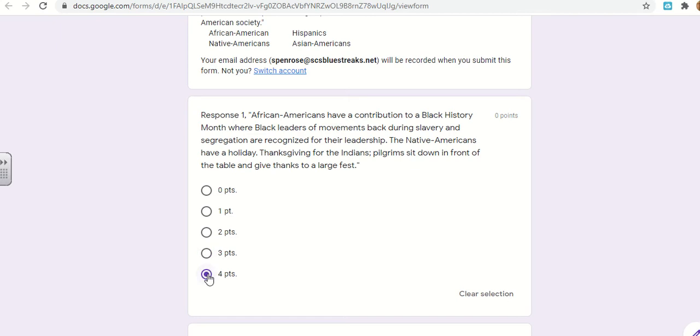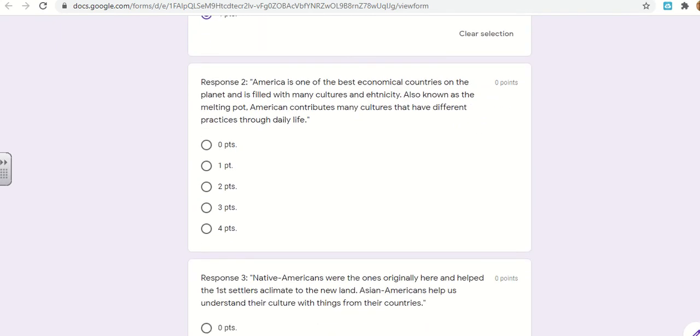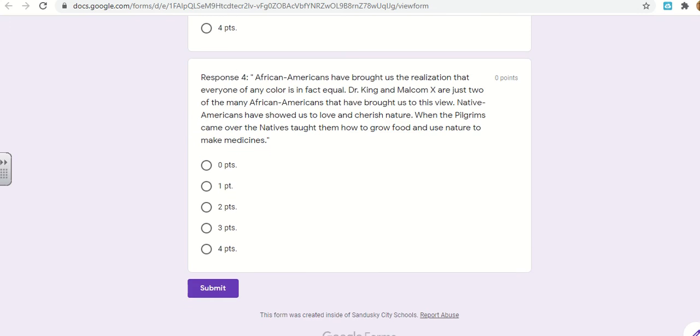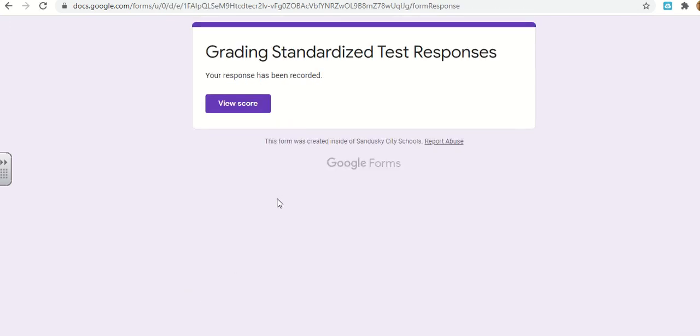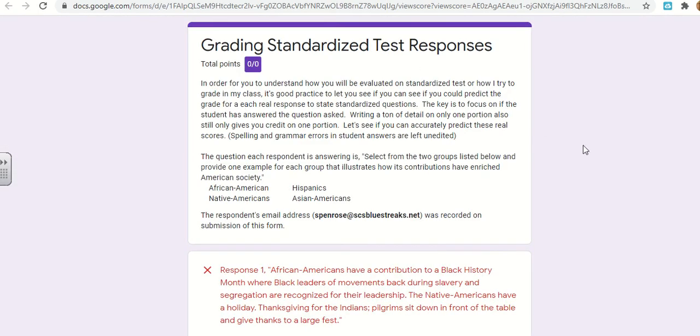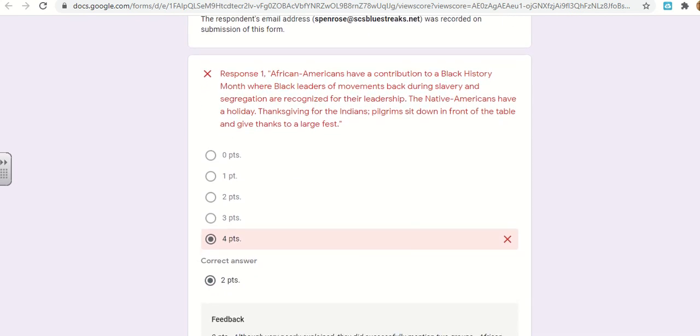Oh, they named two groups and gave two specific contributions. So you're just grading all of these answers, and there are various levels of success on this. And when you are done, you hit submit. Now, once you hit submit, you click on view score. Sometimes it says view results. It doesn't really matter. But what you can see then is I'm going to tell you what the correct answer